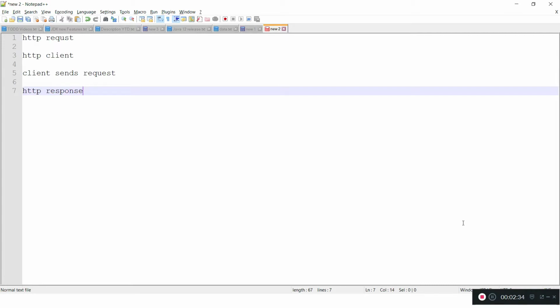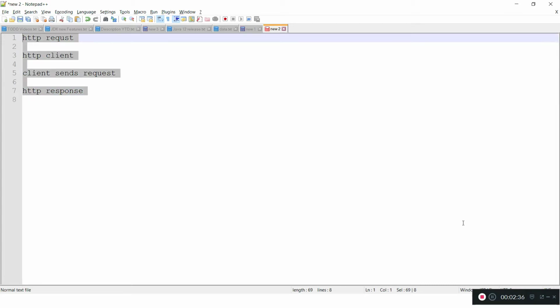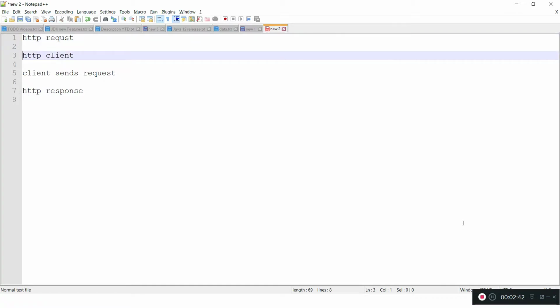So we can divide our application into four parts. First we build an HTTP request, and that request will be handled by the HTTP client. So we will build the HTTP client, and the HTTP client object or builder will send the requests, and we will get the HTTP response, evaluate it, and see the response body.